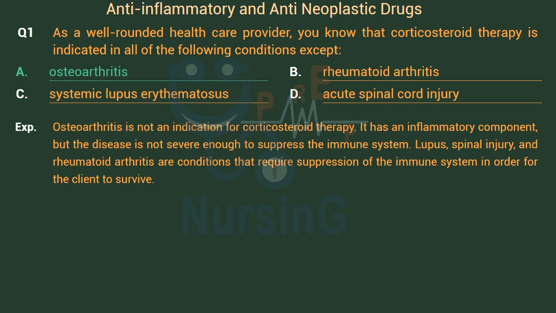Osteoarthritis. Osteoarthritis is not an indication for corticosteroid therapy. It has an inflammatory component, but the disease is not severe enough to suppress the immune system. Lupus, spinal injury, and rheumatoid arthritis are conditions that require suppression of the immune system in order for the client